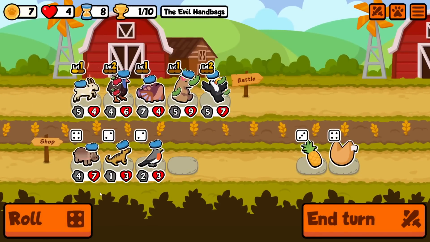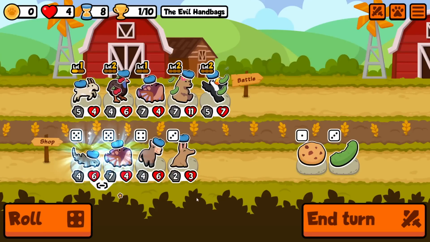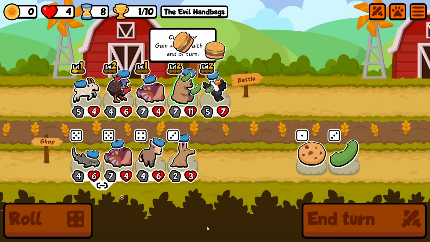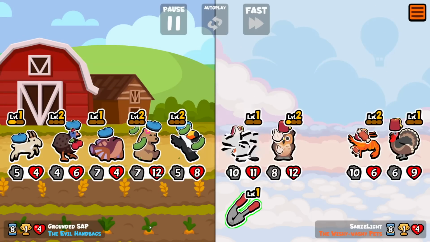Although, you know, the later we go, the less chance we have. And we do get another level up. Unfortunately, it does not result in axolotl. So we're just going to have to find one naturally next turn and hope that we don't face crocodile for